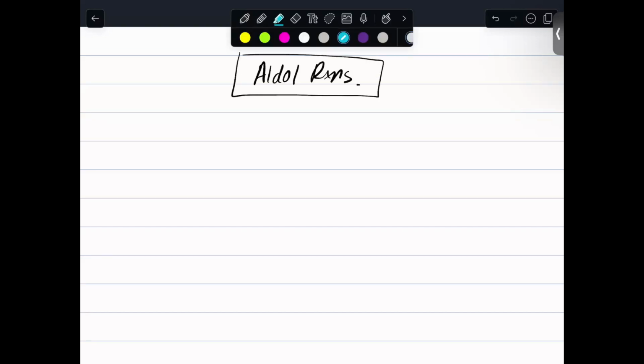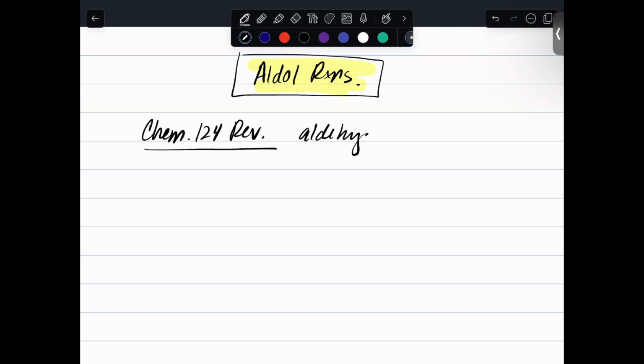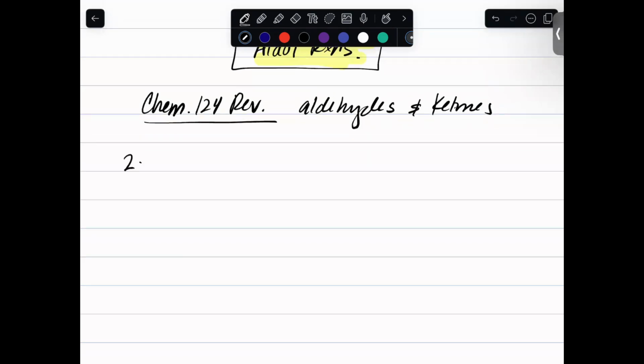Okay, guys, so today I will be discussing Aldol reactions. And just to review, Aldol reactions are typically introduced your second semester of organic chemistry. And these reactions are specific to aldehydes and ketones. Originally, when it was first discovered, it was between two aldehydes. And it was this two-step reaction